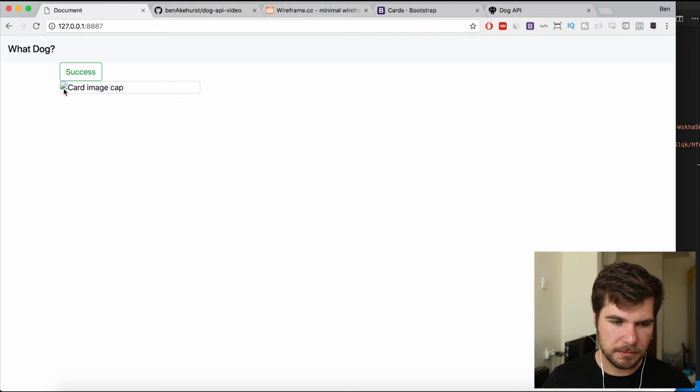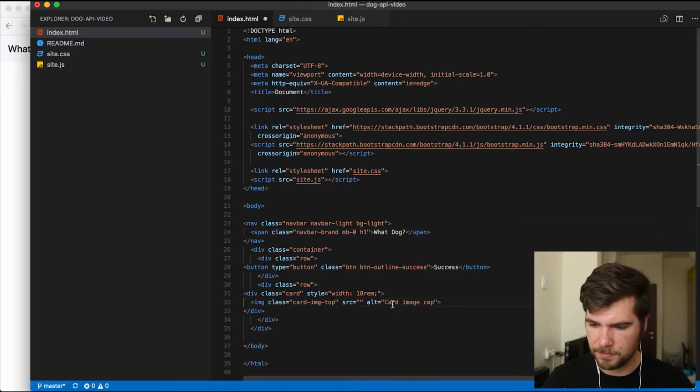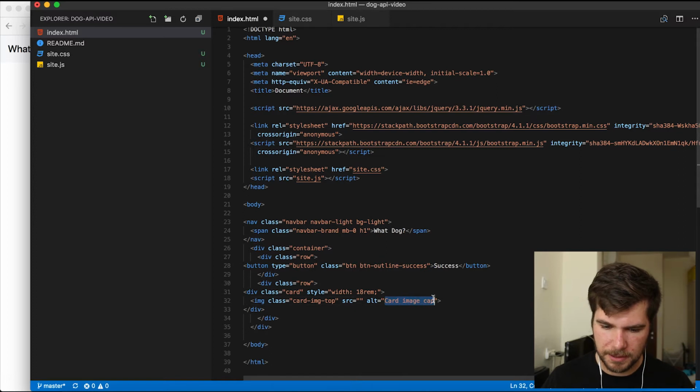But again, what will that do? It's probably going to give me an error. Yeah, okay. So I've got an error image because I don't have this image saved locally. And my alt is going to be a fun